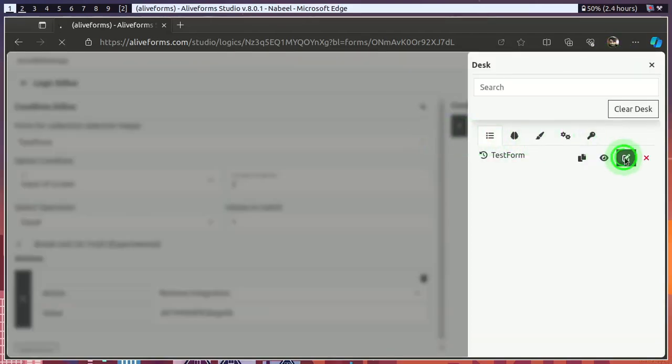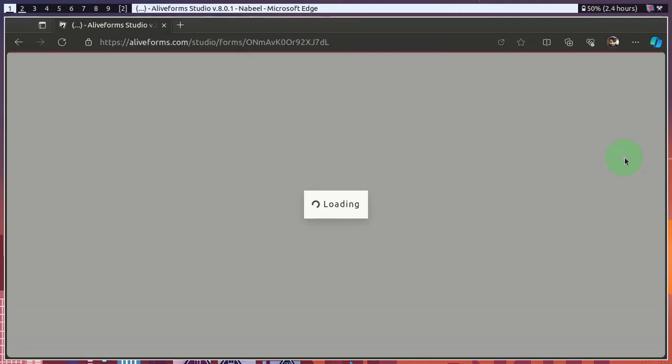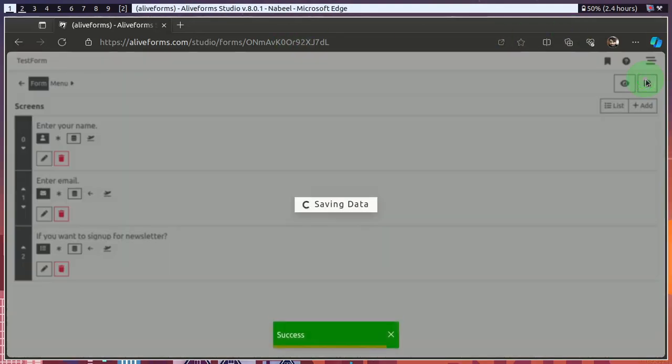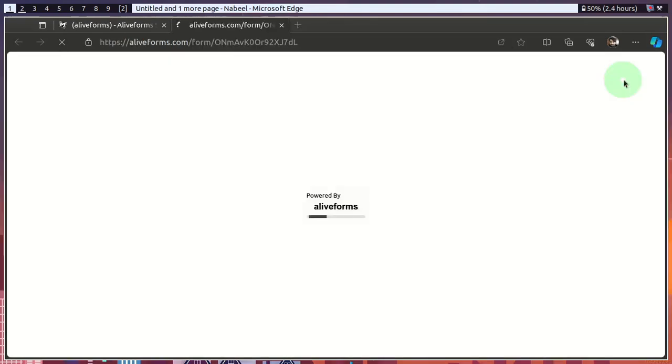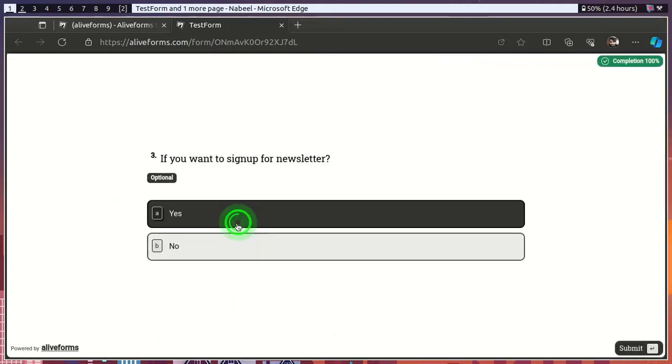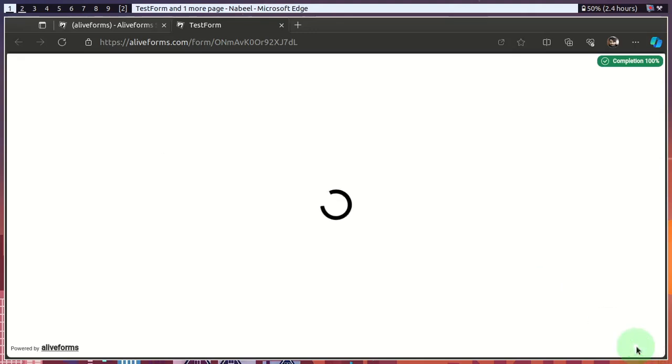So I edit the form and I click on publish, and now I open the form. So if I just give my name, and if I say yes and I submit that, it will open WhatsApp. And if I refresh it,